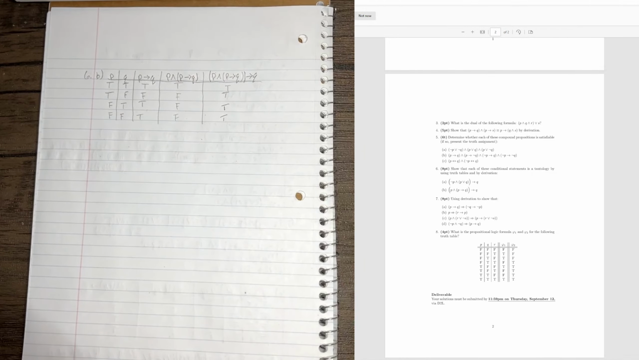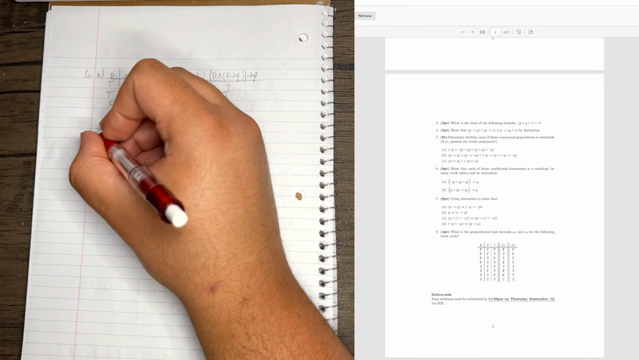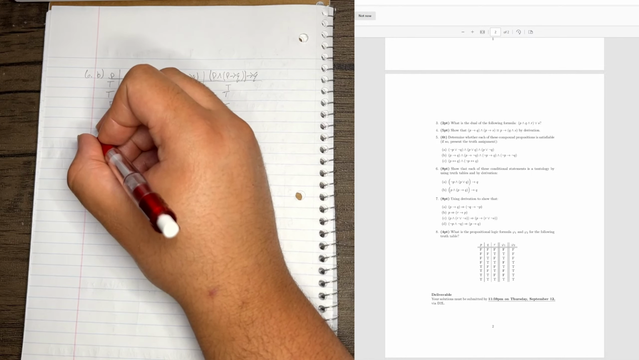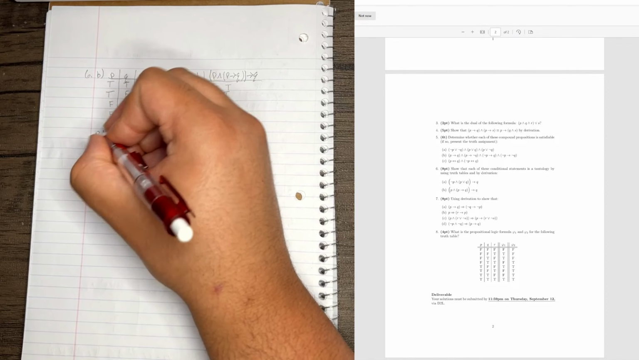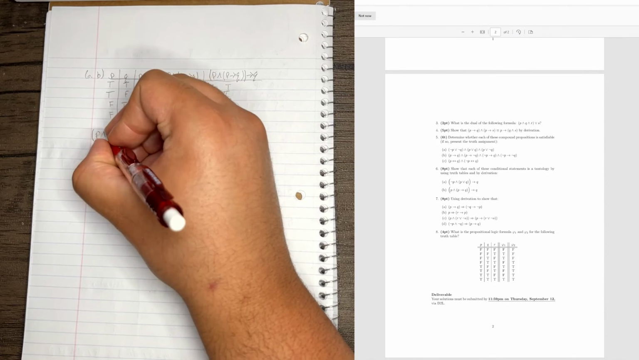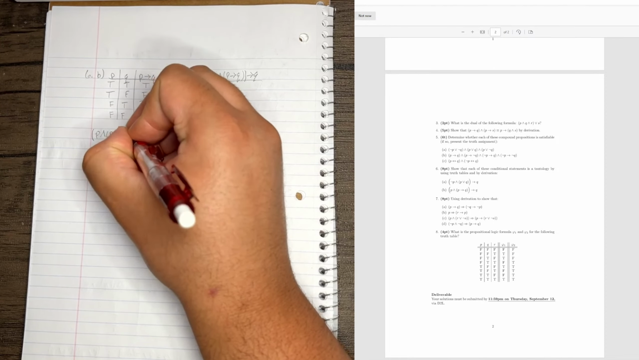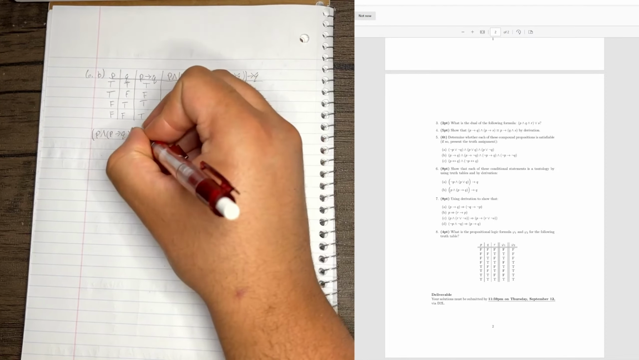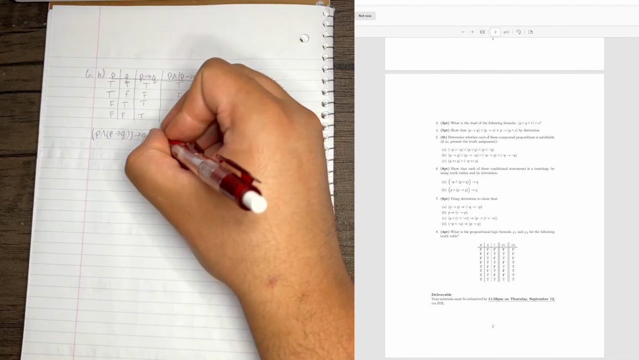Okay. So now we've got to convert that into true, which would be P into P and P into Q, all into Q, which is the same as saying, oh, that's not